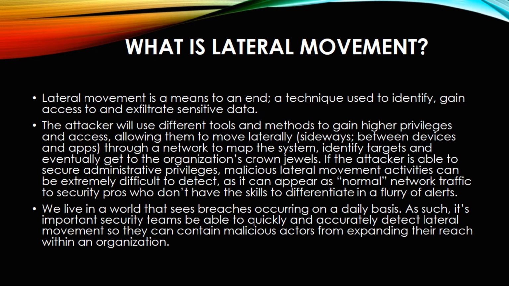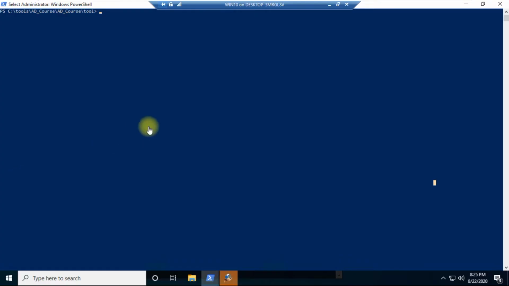So now it's demo time. Over here, I'm assuming that you already have local administrator privileges on a system, which I can call Win10. This system is present in a domain. We already have the local administrator right on this system, and we have already enumerated a lot of our domain. We are aware of where exactly our domain controller is and how many systems are present in it, so I'm not wasting time on that once again. I'll proceed to the lateral movement, which is today's topic.